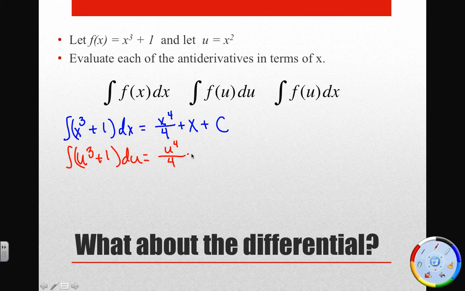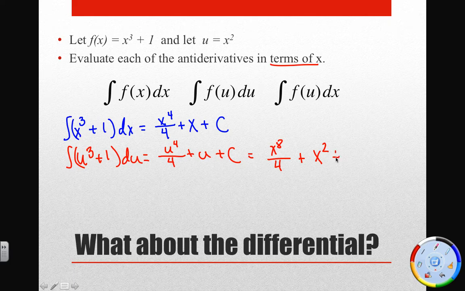And we'll go plus u plus c. But the part up here says I want my answer in terms of x. So now I'm going to substitute what u was. So u was x squared. So x squared to the 4th is going to be x to the 8th over 4 plus